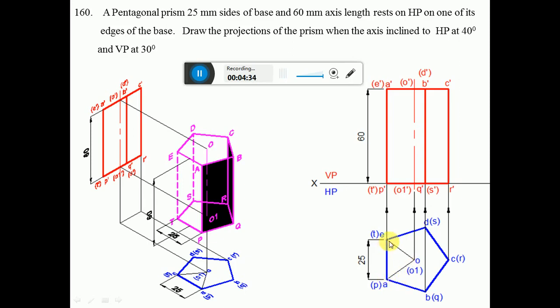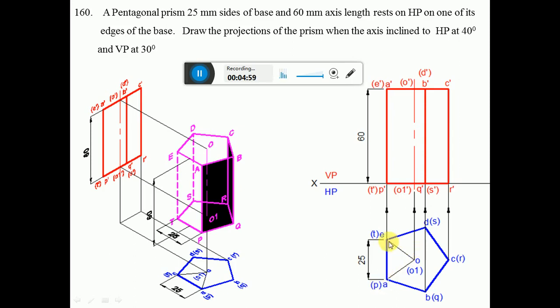So here first we need to find out the center point. So how to find the center? We have to have the angle bisector. Since you have an included angle of 108 degrees here with respect to AE, the angular bisector of that is 54 degrees. So by using the protractor, you measure an angle of 54 degrees with respect to AE and then draw an inclined line.